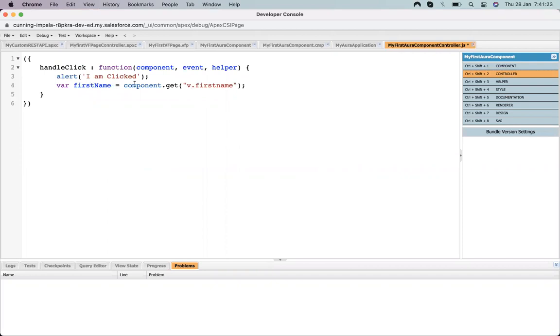This is the way we can get the values from an attribute. It's the same: component dot get, and then v dot variable name, and I can get the value present in that first name. Let me alert that value.